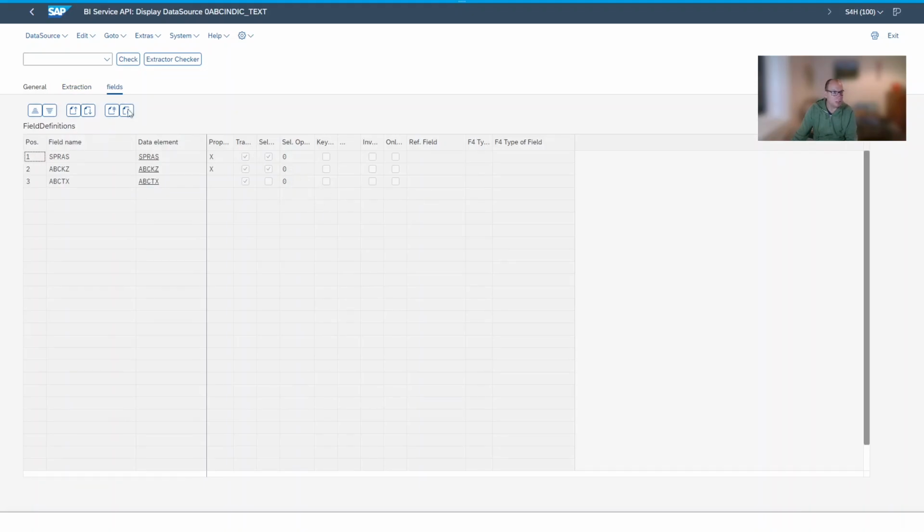Finally, you see the field definition within the extractor and which fields can be used for selection when you require a new data set from this data source. Okay,